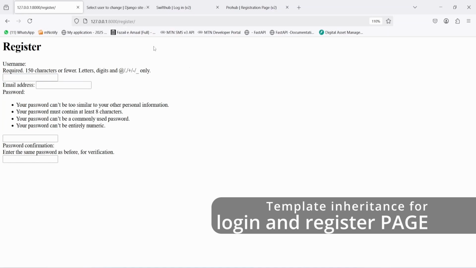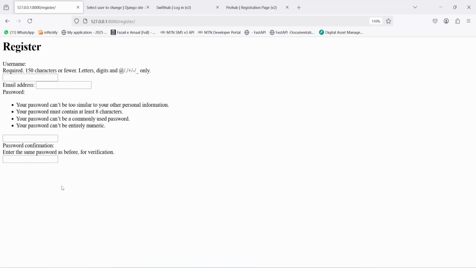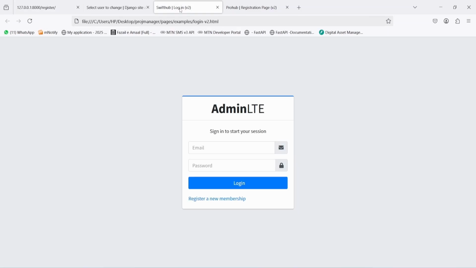All right, guys, so now on our register page, you see the register, and we have these forms over here. That's something that we need to fill, but we cannot create. There is not even a button to register a new membership. But before we even go ahead and do that, I just want to bring up the